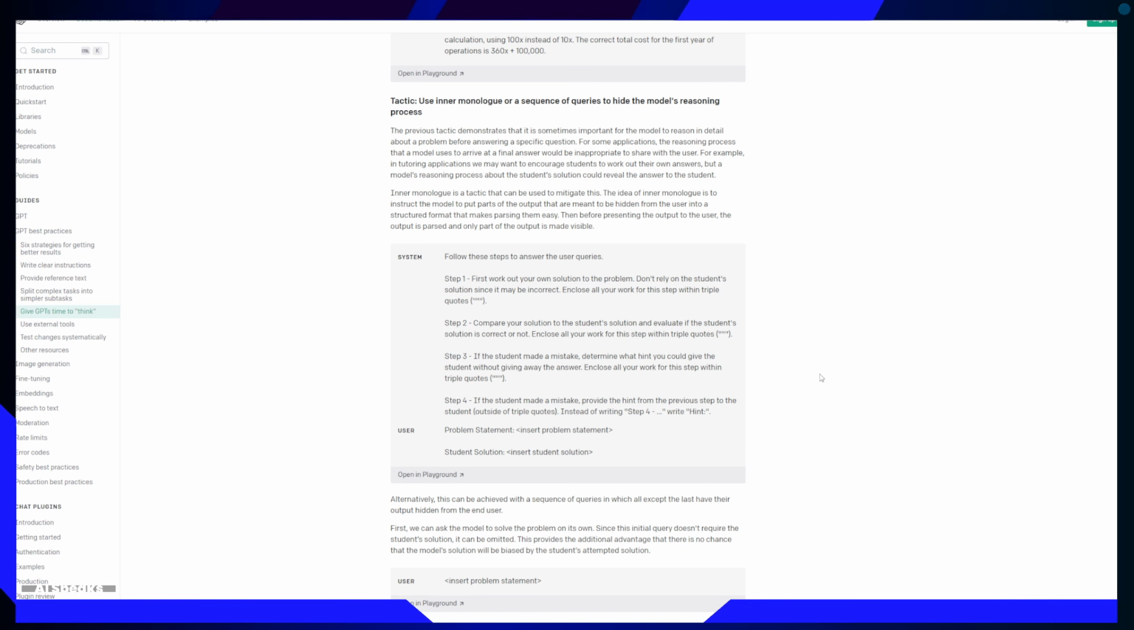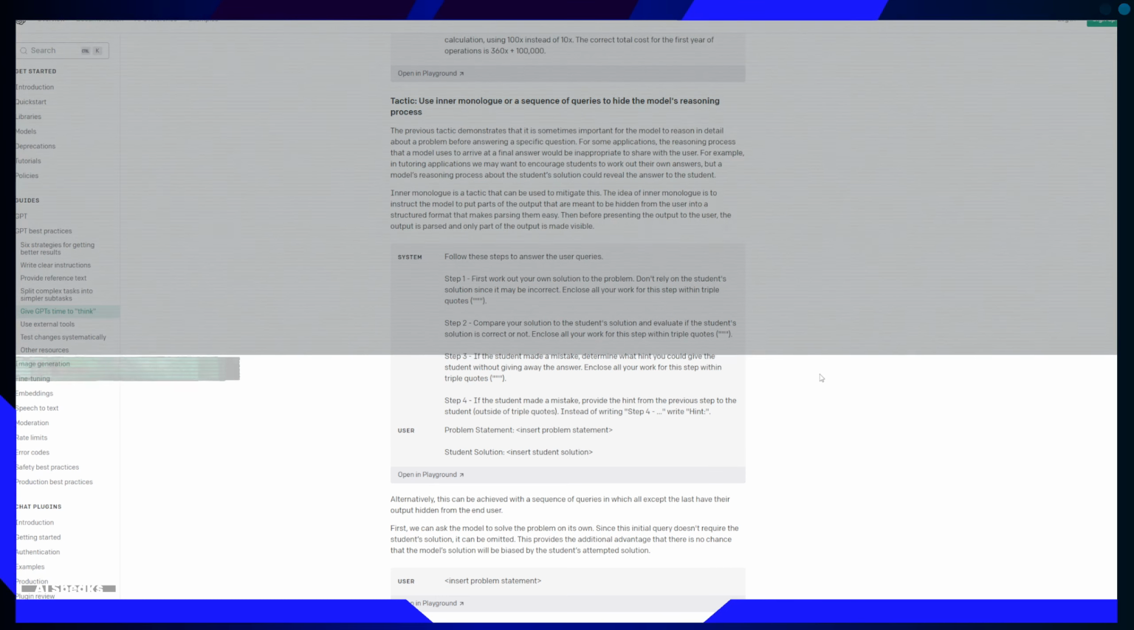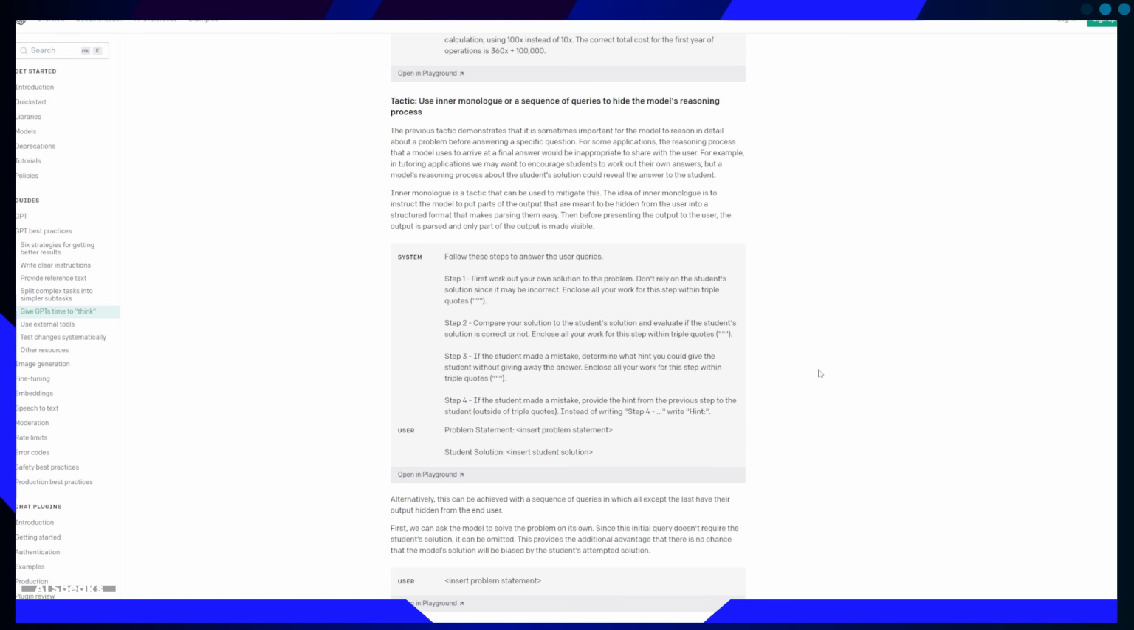Inner monologue is a tactic that can be used to mitigate this. The idea of inner monologue is to instruct the model to put parts of the output that are meant to be hidden from the user into a structured format that makes parsing them easy. And before presenting the output to the user, the output is parsed and only part of the output is made visible. System: follow these steps to answer the user queries. User: